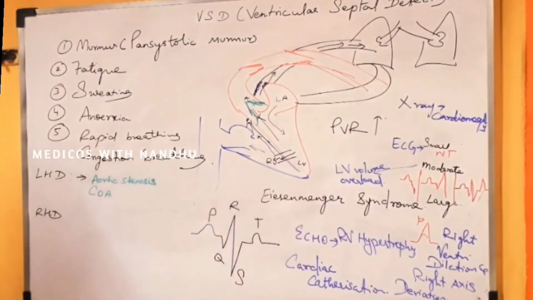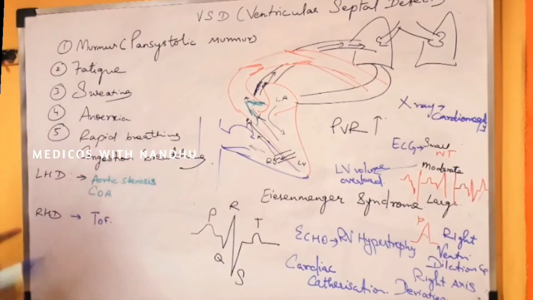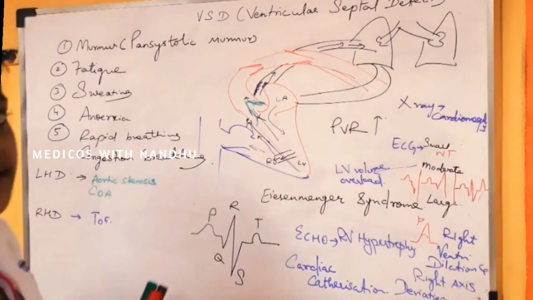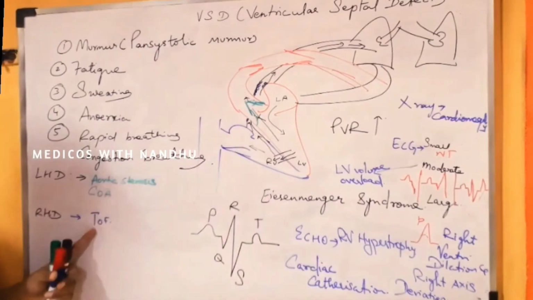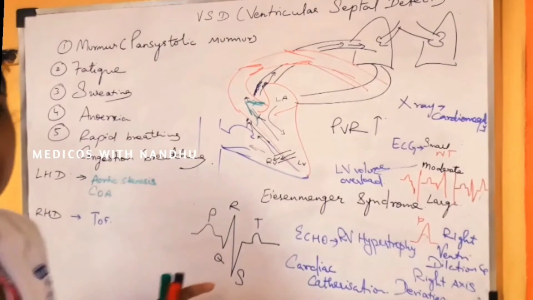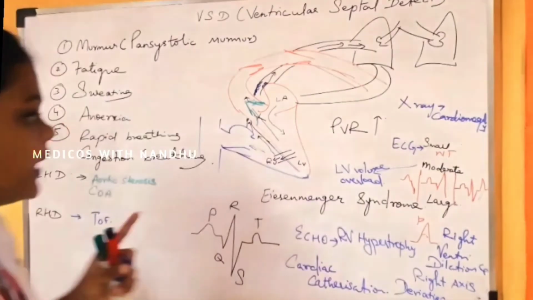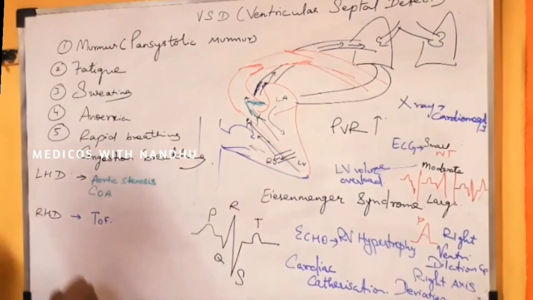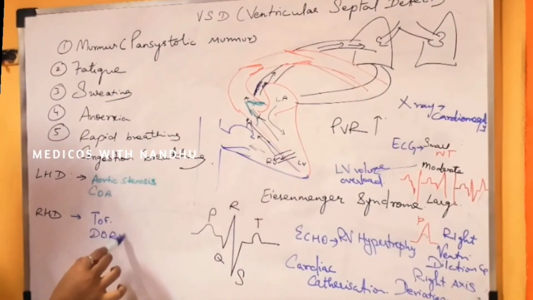Right heart disease. The first one is tetralogy of Fallot. So these are the congenital heart diseases. I will be taking them one by one. Okay. So first is tetralogy of Fallot. So 4 abnormalities will be present in the heart. Okay. I will be taking it in the next class, and it is also associated with double outlet right ventricle.